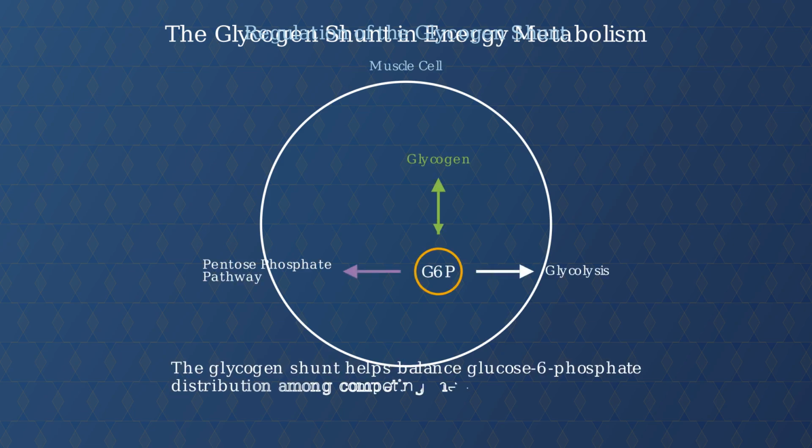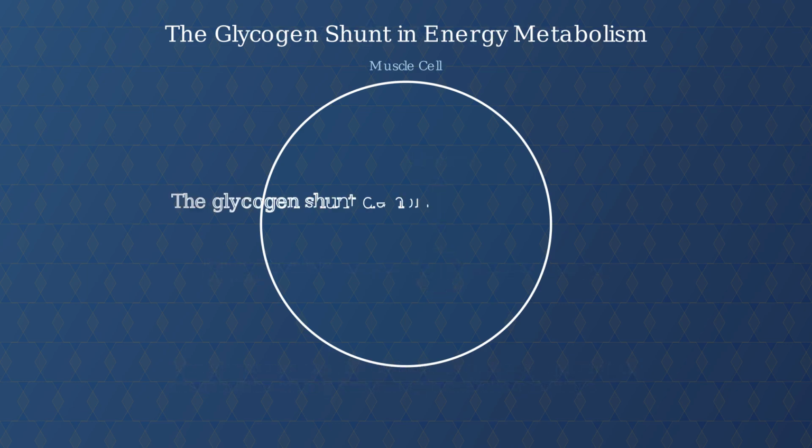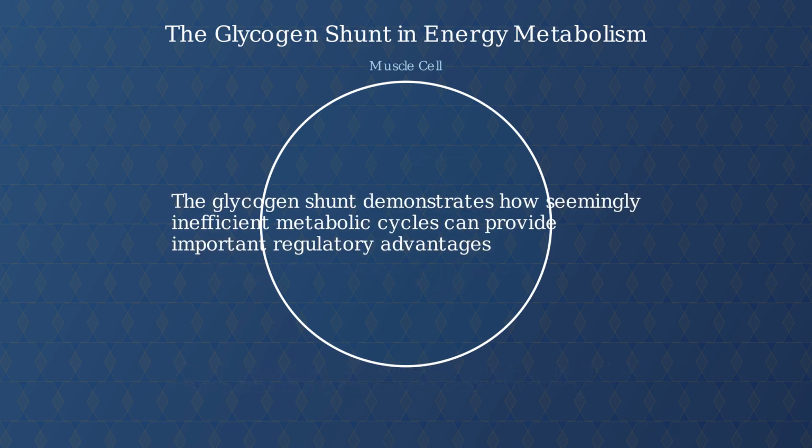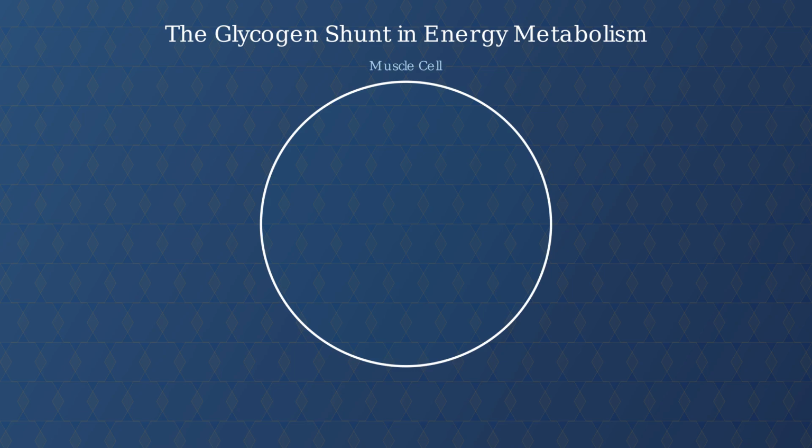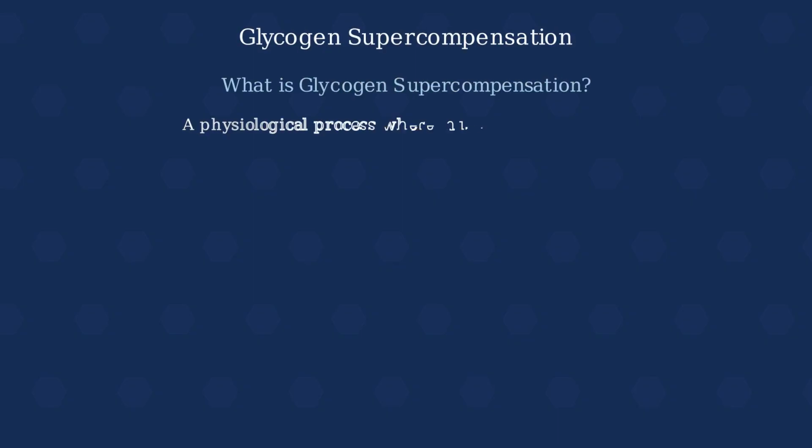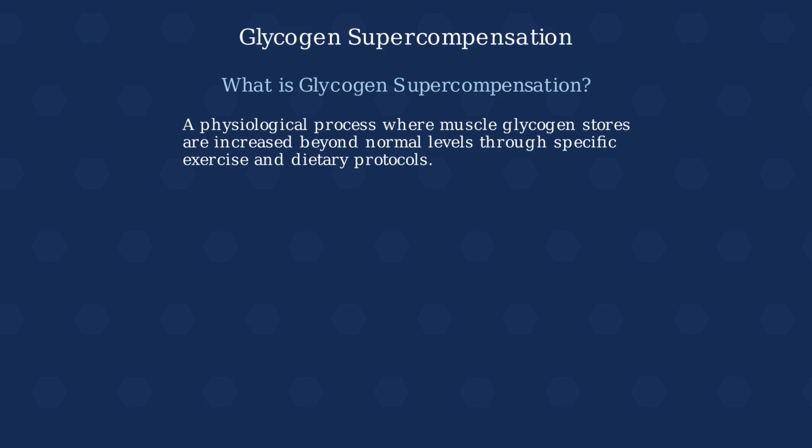Glucose 6-phosphate sits at a metabolic crossroads where it can enter glycolysis, the pentose phosphate pathway, or the glycogen shunt. The glycogen shunt demonstrates that what appears metabolically inefficient can actually provide important regulatory advantages for cellular energy metabolism. Glycogen supercompensation is a physiological process where muscle glycogen stores are increased beyond normal levels through specific exercise and dietary